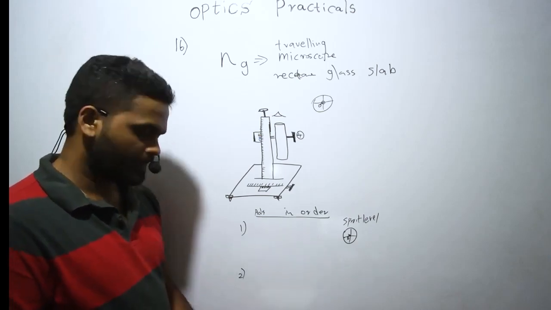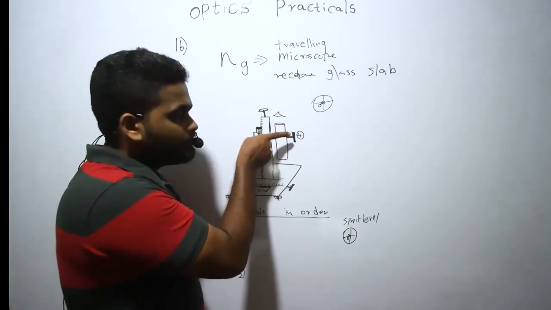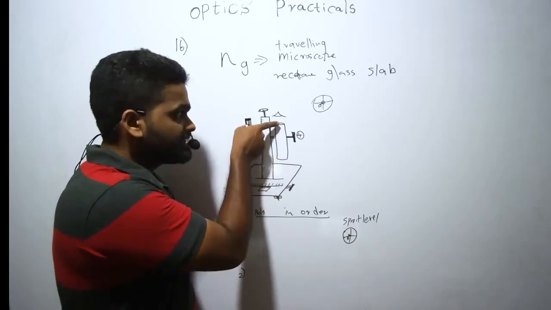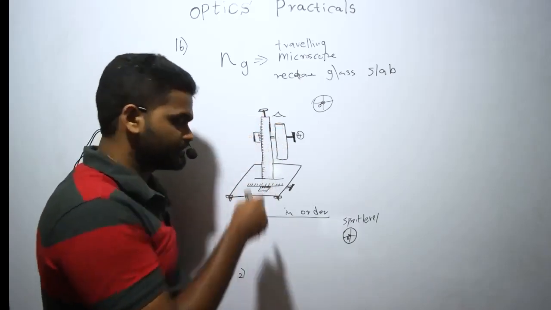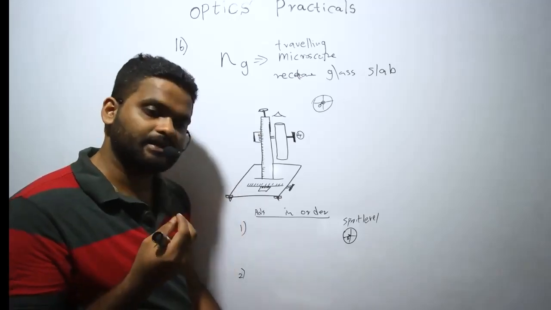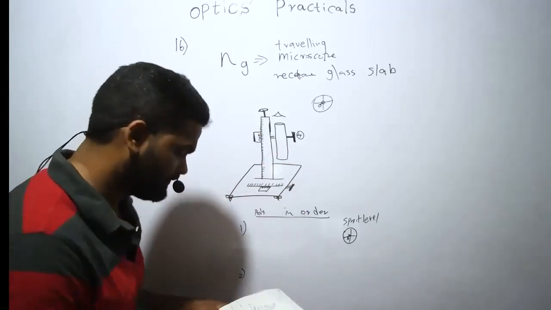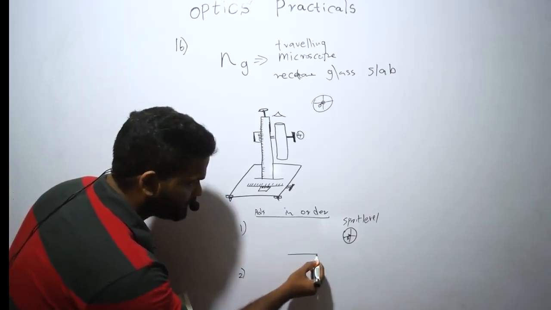Okay, adjusting the eyepiece. For the microscope, the eyepiece is this one. This one is the objective lens. This lens is called the eyepiece. First, you have to adjust the eyepiece. To adjust the eyepiece, there is a cross wire inside the microscope, right? So if you get the microscope like this,